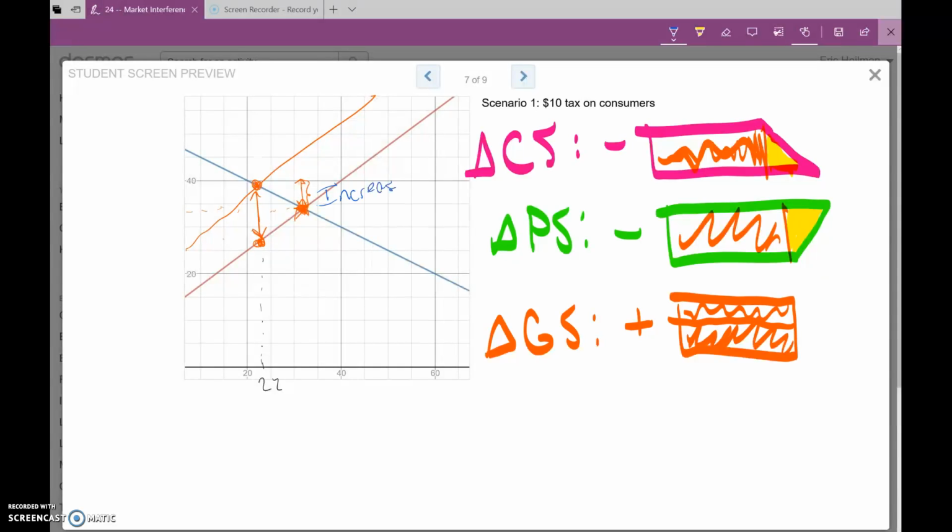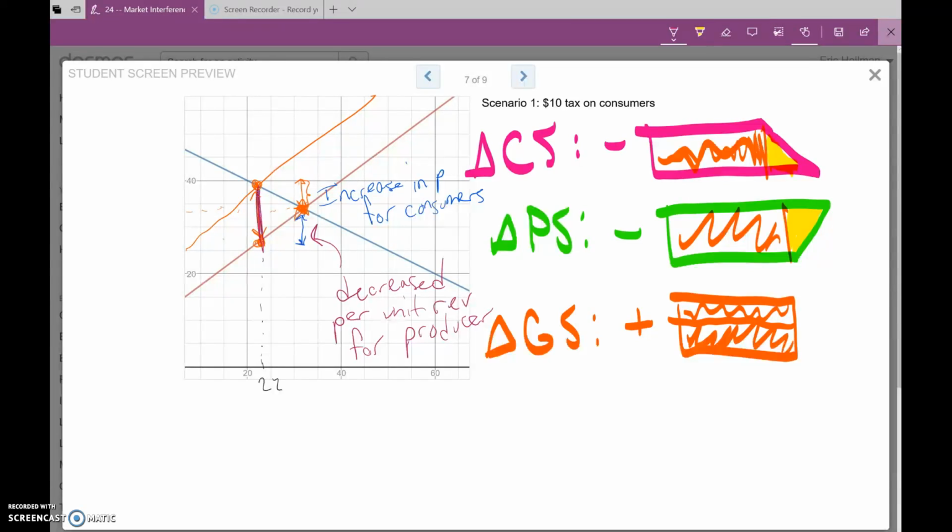Increase in price for consumers. And then the per unit income that the producers were making went down from the start to this point. So here, this is decreased revenue, decreased per unit revenue for producers. But notice that the amount that impacts the consumers and producers, neither one of them is a full